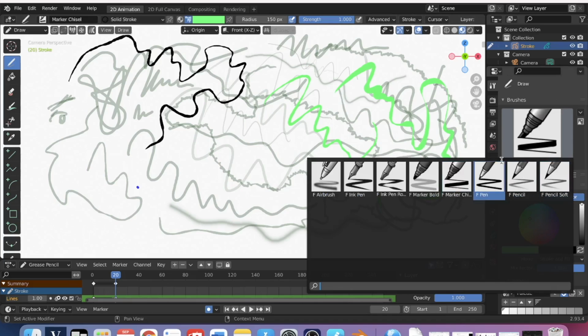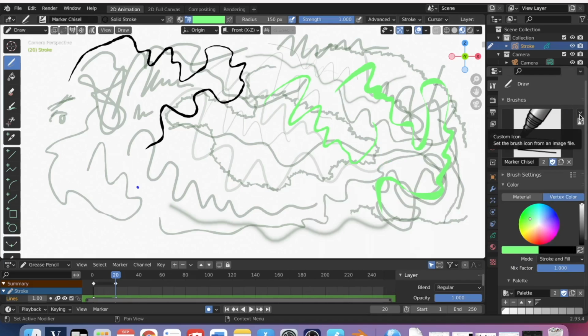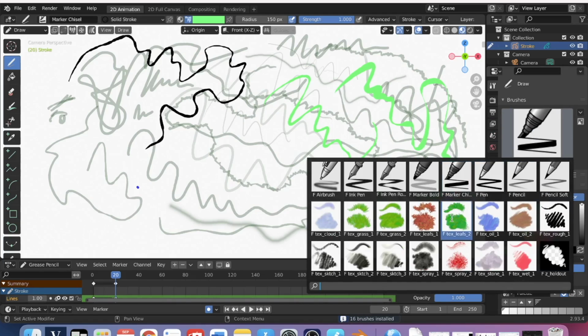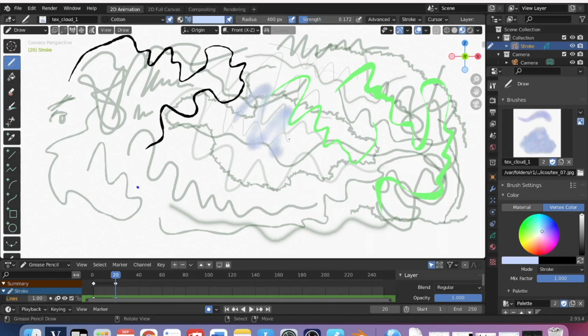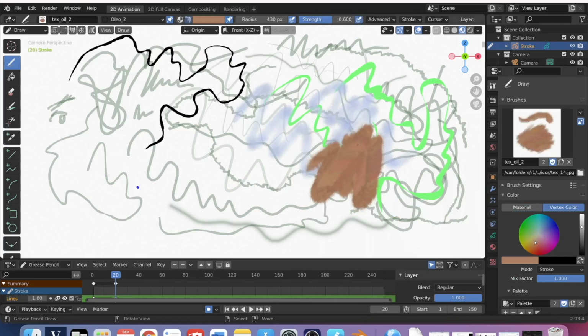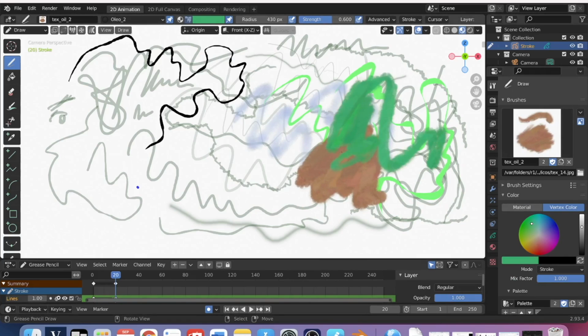A couple different pencils. And we can also download a whole bunch of different textured brushes. I can show you where to find more if you want. That gave us a whole bunch more options. So now I've got a brush that's kind of cloudy like that, and this brush that's meant to look like you're painting with oil paints. So if I change the color on that